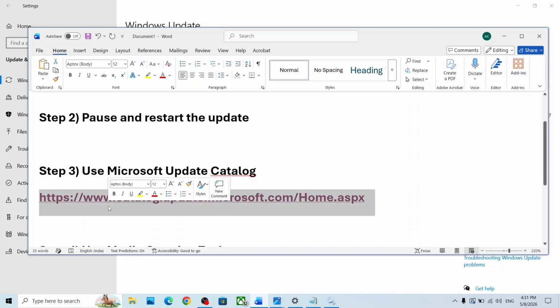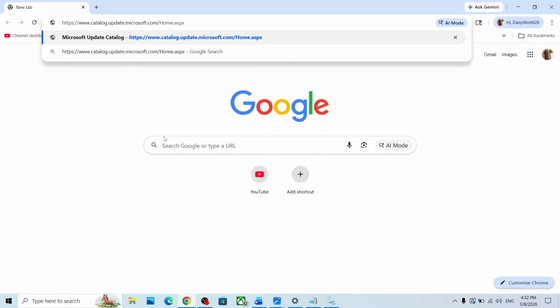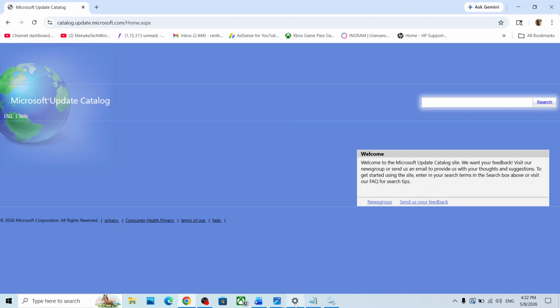Copy this link and open this link in a browser. The link is provided in the video description. It will take you to Microsoft website. Over here you can write down the name of the update. So whichever update you are unable to install, you can write down the name of the update. This is just an example. Whichever update is not installing, you write down that particular update and then click on search